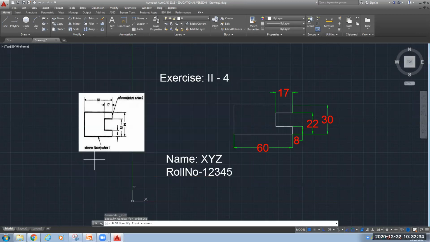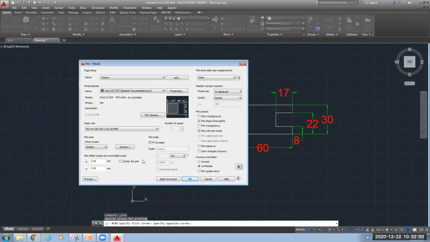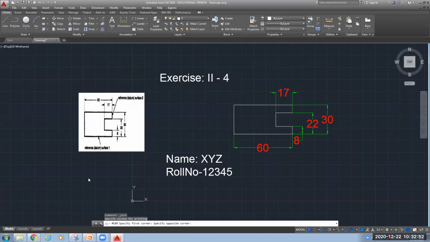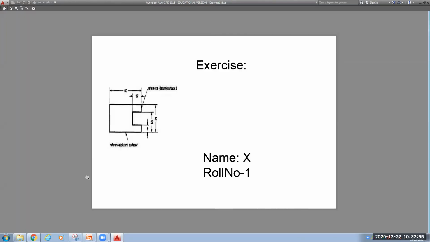Window. Okay. Once you click on window, it is asking which part of the window you want to create. Means we have to create some window over here. Suppose I will do like this. If I do not select the entire drawing, it will print up to here only. Let's see the preview, how it is looking. It is looking like this. But we don't want this.